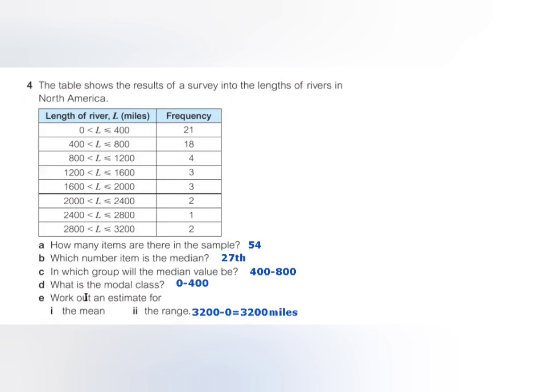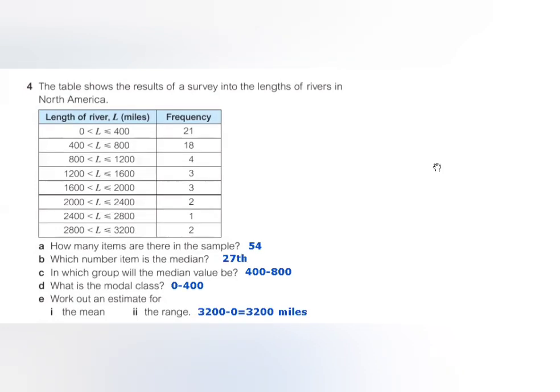Now, we're trying to find the mean. You have to focus on this because the steps of the mean are long. They're not hard, but they are long, and you have to focus on each step of them. Now, to find the mean, the first thing you do is come to the table, and you have to find the